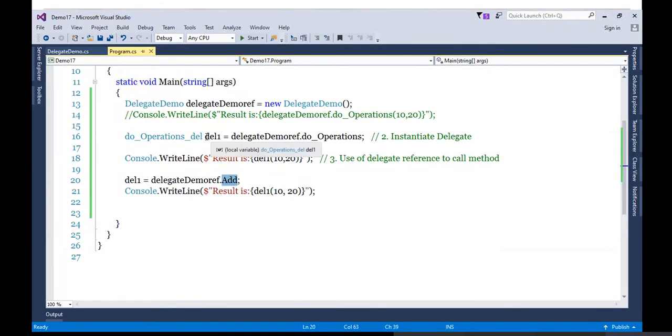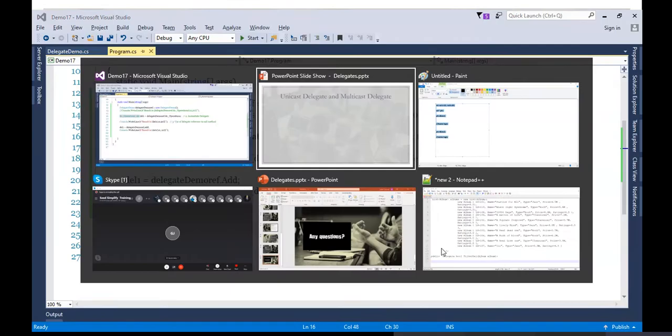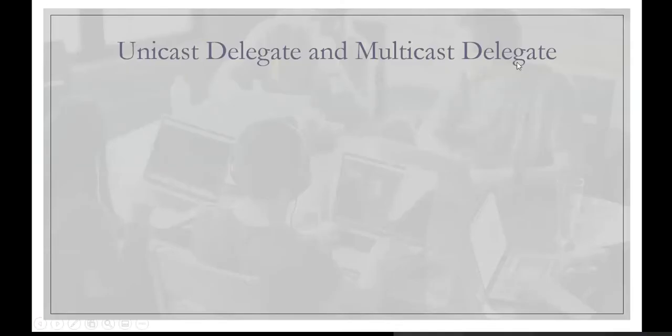So at a time, how many methods am I storing in the delegate reference? Only one. That's why this do operations delegate is a unicast delegate. And what is a multicast delegate now? As the name suggests, a multicast delegate will point to multiple methods. That is what we are going to see now.